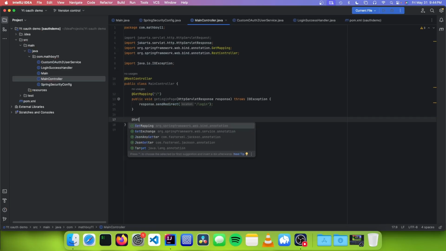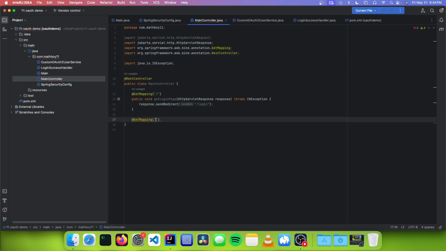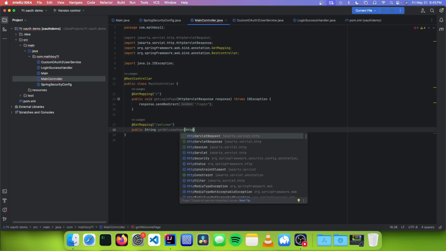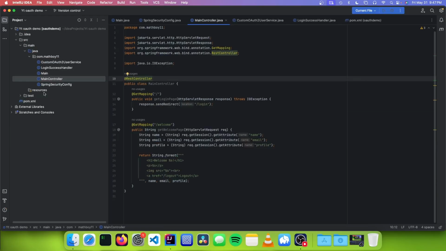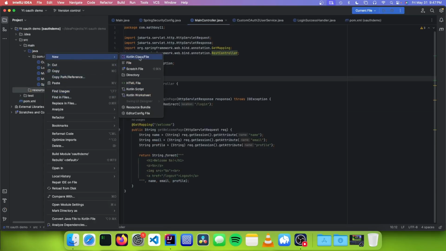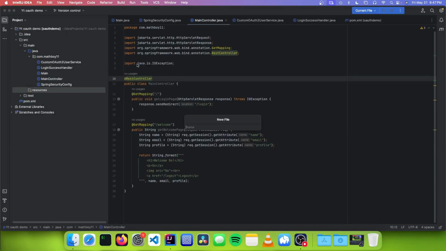And now we're going to get mapping our welcome page. I'm going to go public String getWelcomePage HttpServletRequest, and we're just going to return a string that says welcome. So the last thing we need to do is to make a new file in resources called